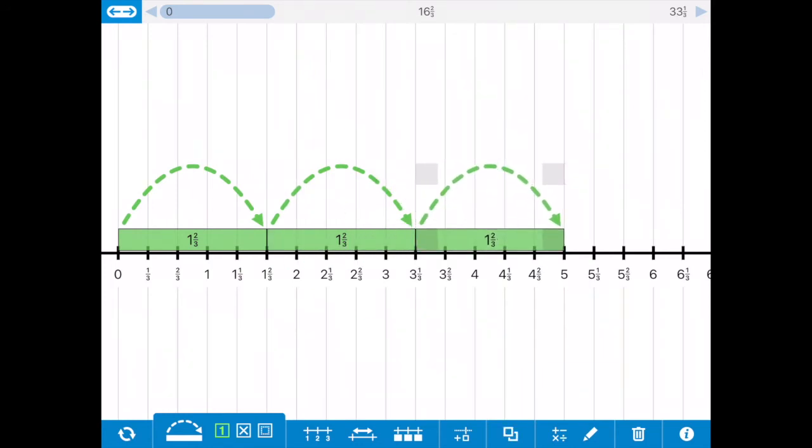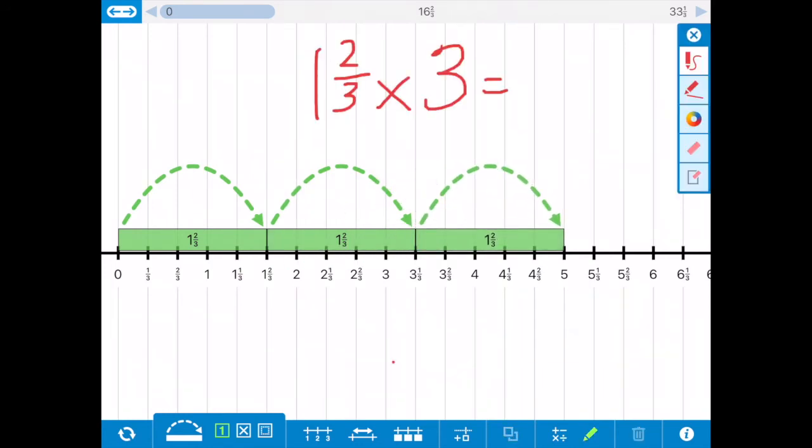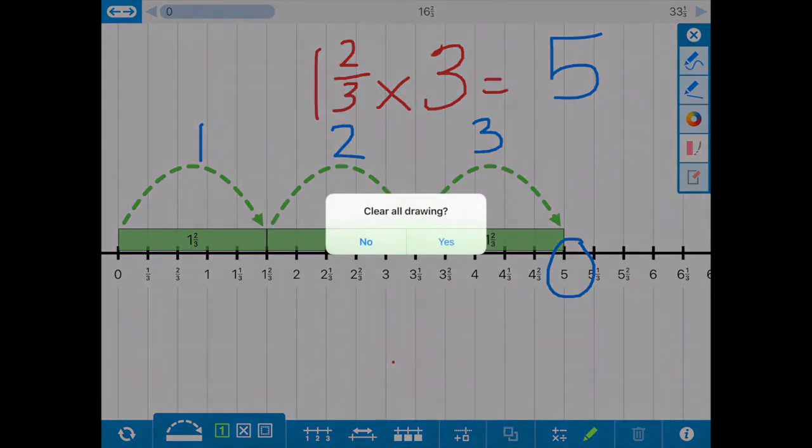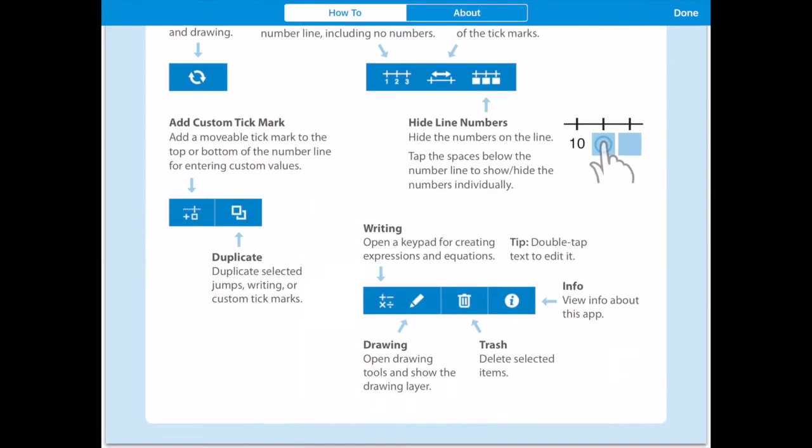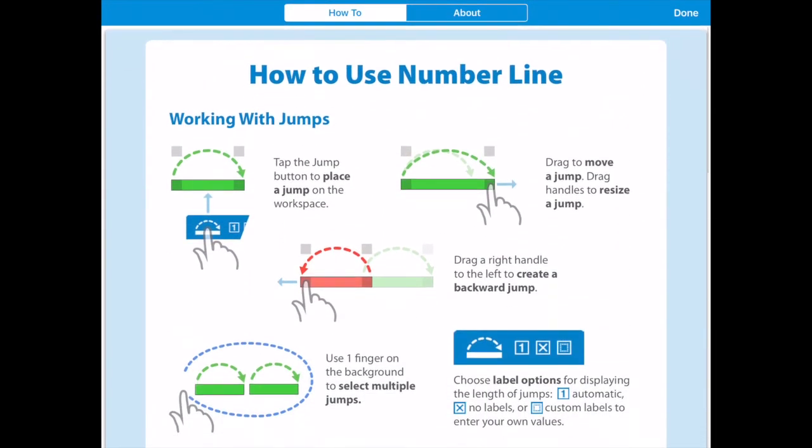And students can see, bring the writing back up, use a different color. No, I don't want green because it's the color of those items. So here's 1, 2, 3. Where did I land? I landed on 5. And that would be one way for students to show their thinking. Of course, we would want them to show a different way. But this is a small little quick overview. And of course, the eraser's there as well if you wanted to clear. But this is a nice little overview of showing how these different